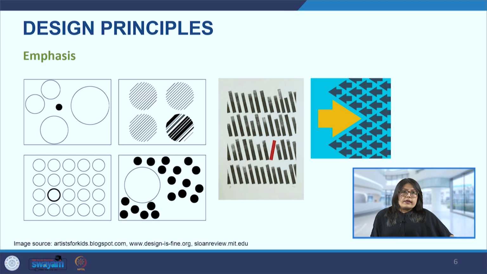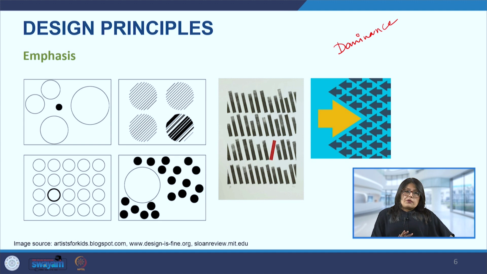So the next principle is the principle of emphasis, and emphasis we can create with the help of weight, size, color, position, shape, style. So all of those attributes can help us create emphasis. Now emphasis is emphasizing something, so giving something focus, giving something more attention, or putting something under spotlight. So that is the meaning of emphasis. Sometimes it is also known as dominance. So this is the principle of dominance, something which is dominating. So it is the same principle.